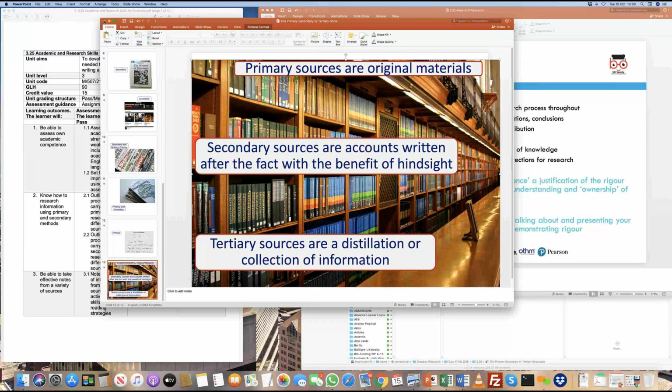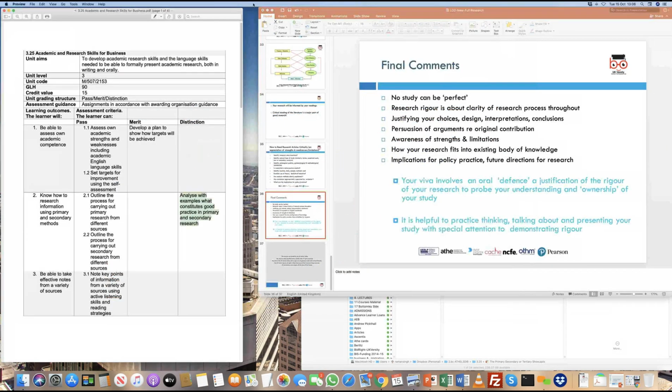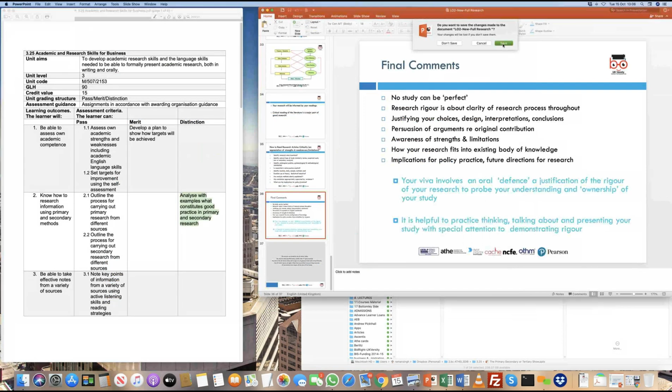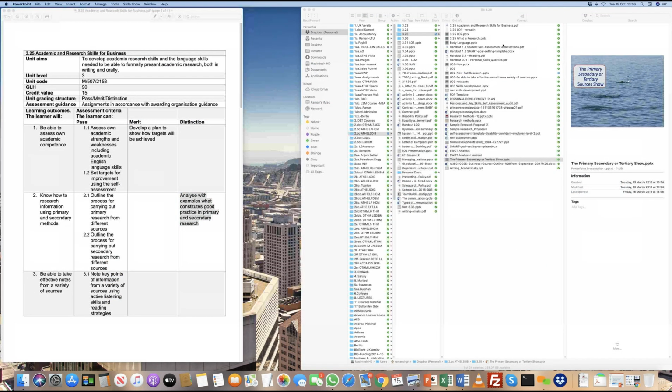Okay. So this is what was covered in the second learning outcome, which will essentially allow you to understand the types of research, why we do research, and the different definitions of qualitative research, quantitative research, primary research, and tertiary research. Okay. Now let's